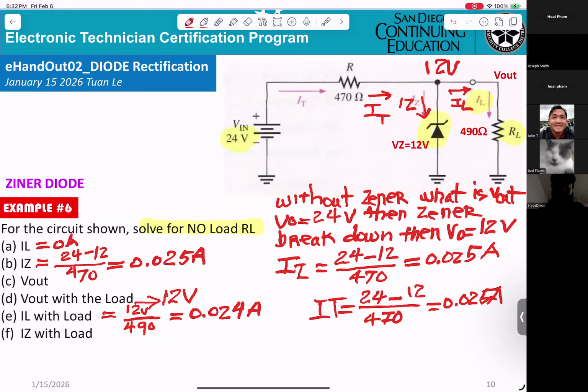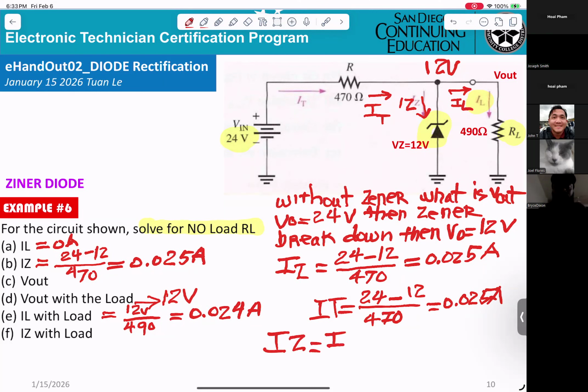Twelve divided by 470, is it 0.025? And the current flowing through 490 here, what is the current? 0.024. Okay, so IZ